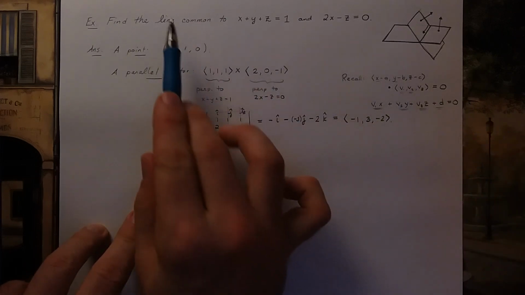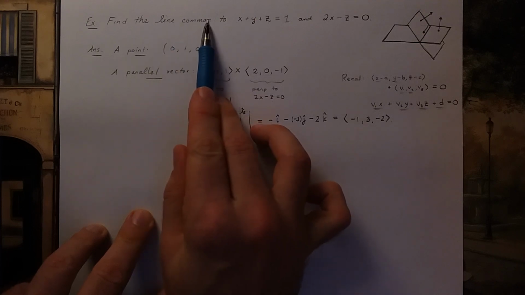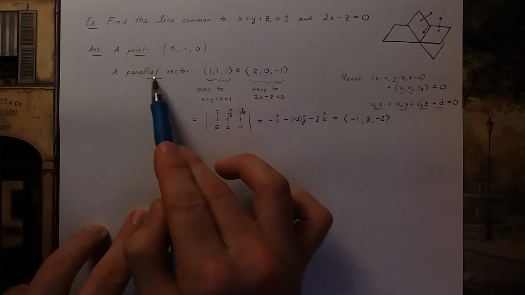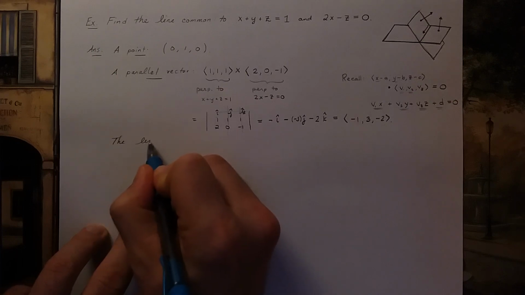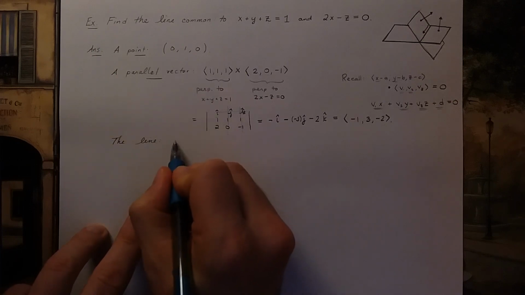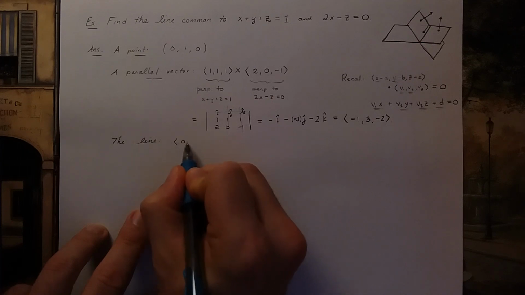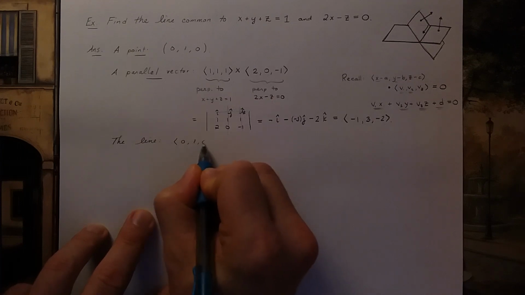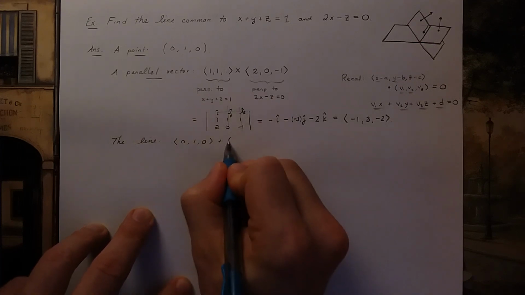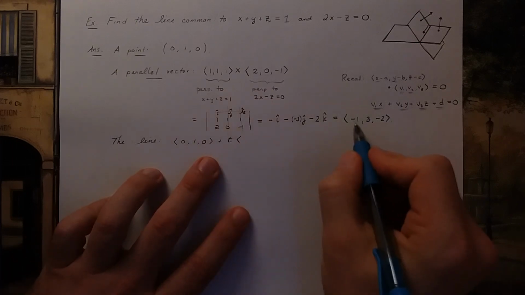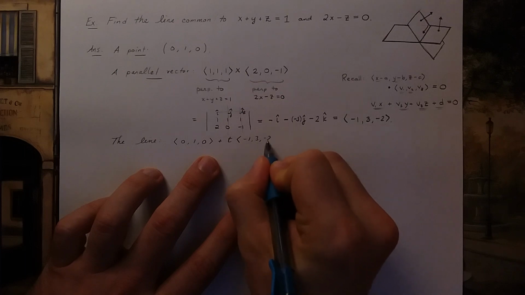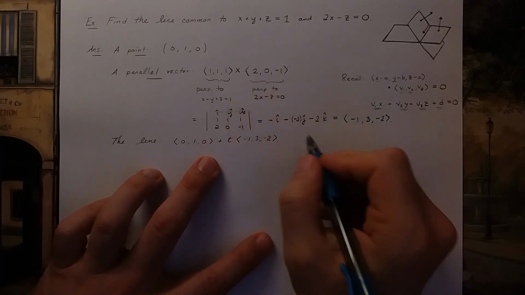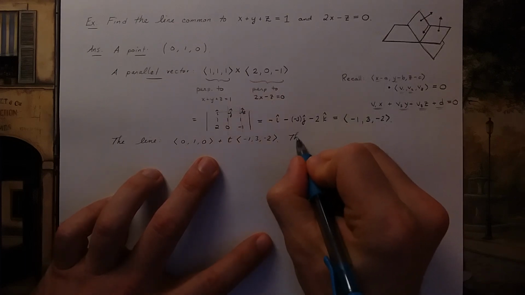So now I'm ready to write down the parametric equations for my line. I have my point, I have my parallel vector. So the line is described in vector form as the vector 0, 1, 0 plus any multiple of the parallel vector, negative 1, 3, negative 2. So the parametric equations for my line